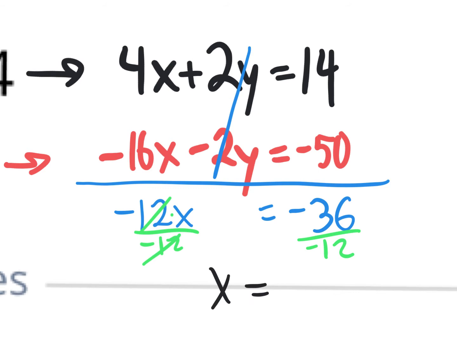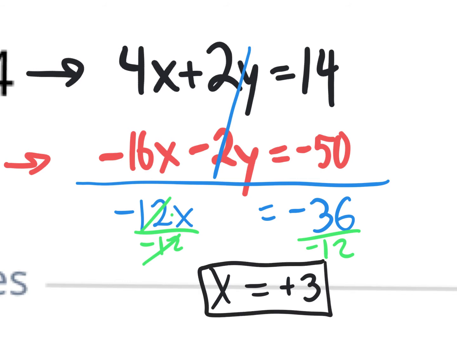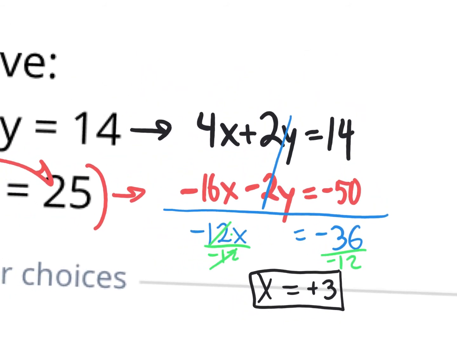x equals negative 3. No, positive 3, I'm sorry. A negative divided by a negative is a positive. So ladies and gentlemen, that is the answer for x. The question is